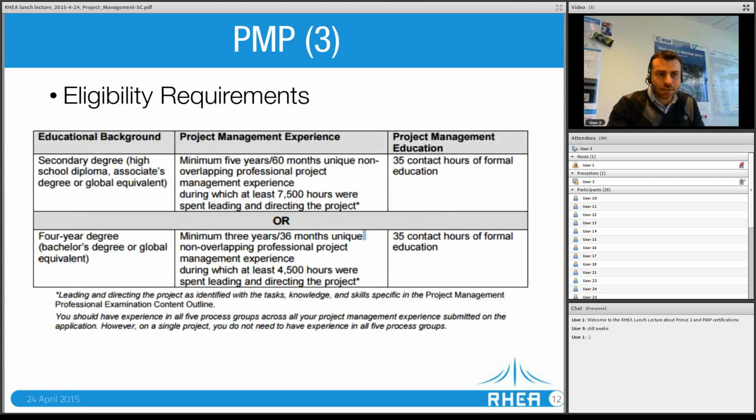So next slide, we go to the eligibility requirements. I started with the process groups because you need to know them if you want to know if you are eligible to get the PMP certification. The PMI makes a difference if you have a 4-year degree, a bachelor or higher degree, or if you don't. If you have a bachelor degree, and I think this is the case of most of the attendees of this presentation, you just need